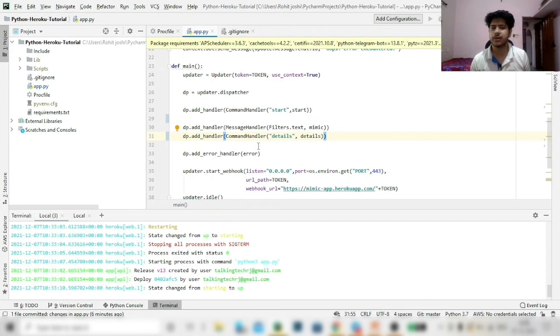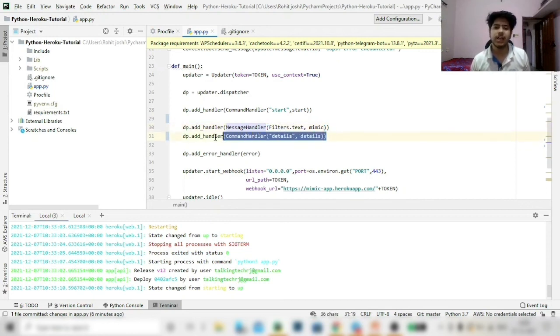But why is it doing this? Here we have defined a start command above, and then we have defined the message handler, which will handle all the text and pass those updates to the mimic function. After that we have defined the details command. So if you send /details, it will not go to this handler, because before this handler it will go to the message handler, and it treats that as normal text.